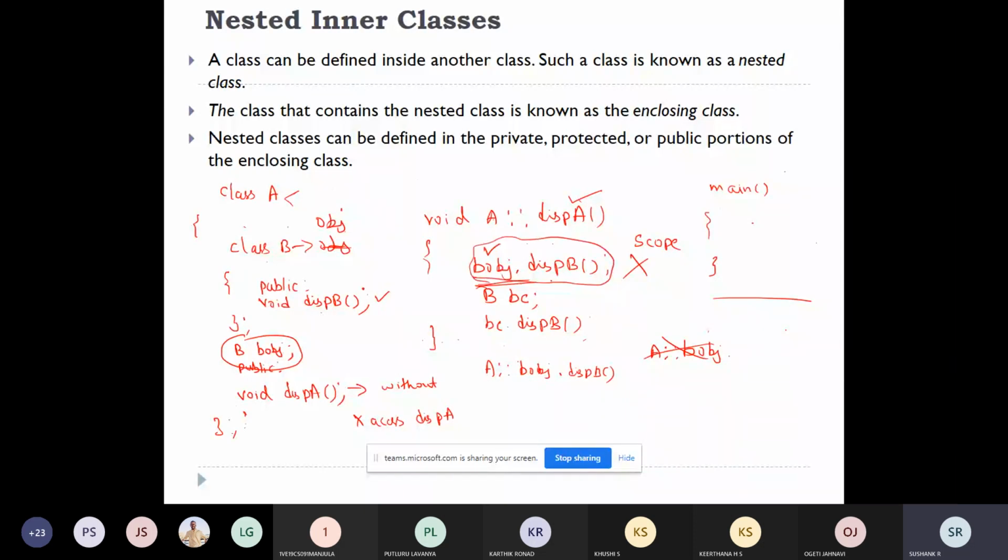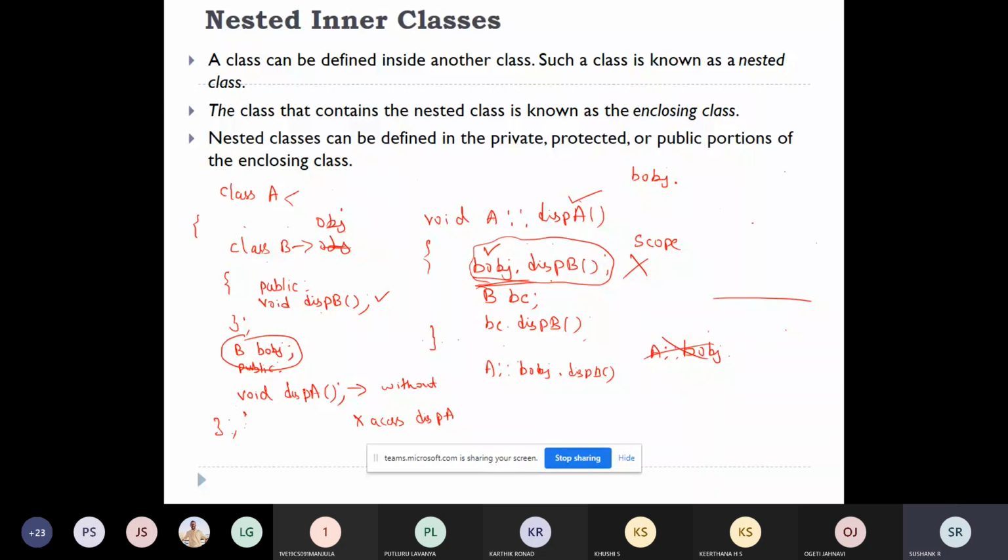accessing the function of class B. I'll write the statement I told you, code-wise. The object of the nested class, here B is the nested class, so object of the nested class means B object, can be used inside the member function of the enclosing class.